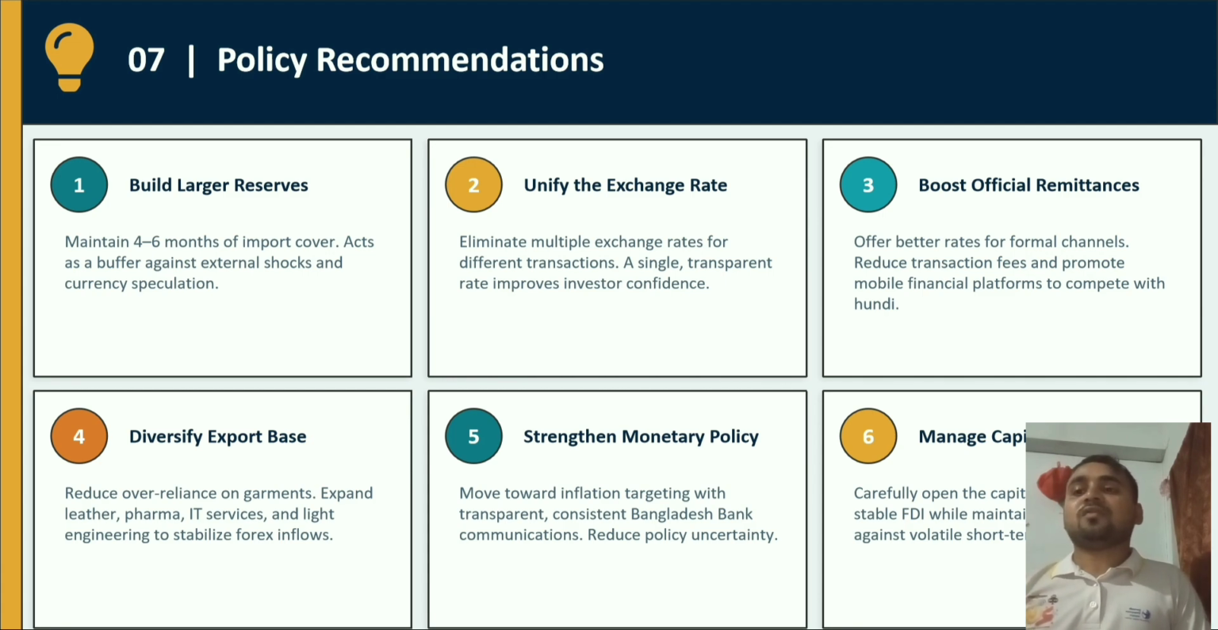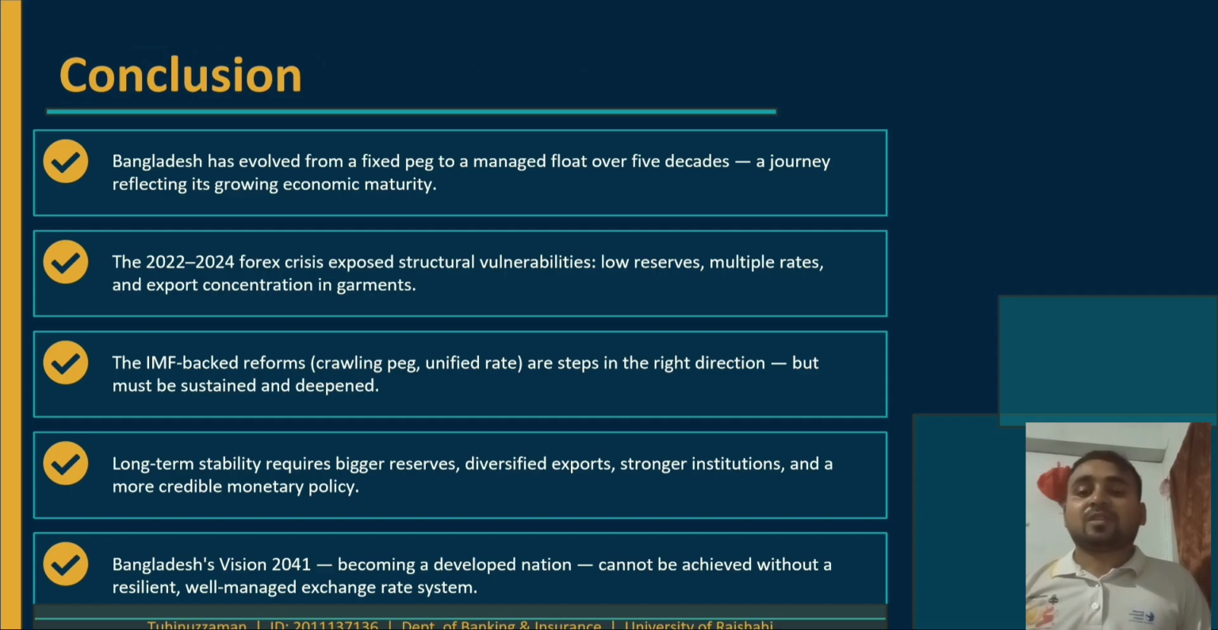Then we will see: unify the exchange rate, boost official remittances, diversify the export base, strengthen monetary policy, and manage capital flows carefully. Bangladesh should gradually open its capital account to attract more stable long-term FDI while keeping safeguards against volatile short-term speculative flows. So, in our conclusion, to wrap up, let me leave you with